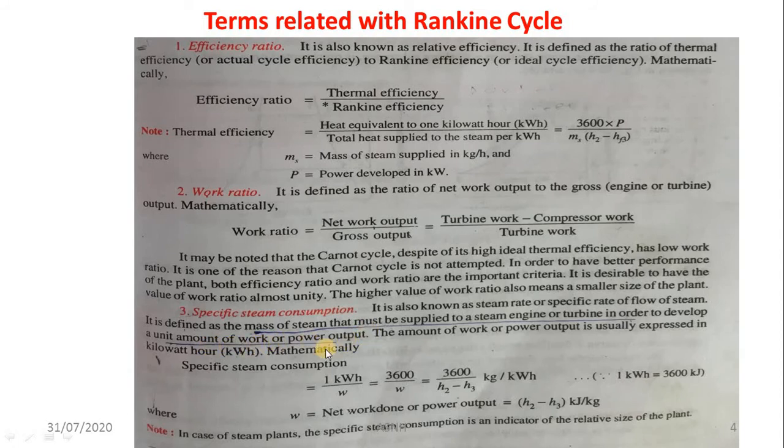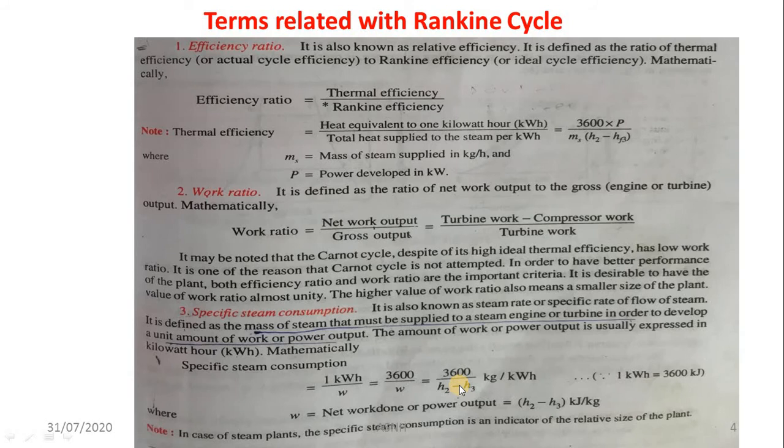I repeat once again, specific steam consumption is defined as the mass of steam that must be supplied to a steam engine or turbine in order to develop a unit amount of work or power. So the formula of the specific steam consumption is